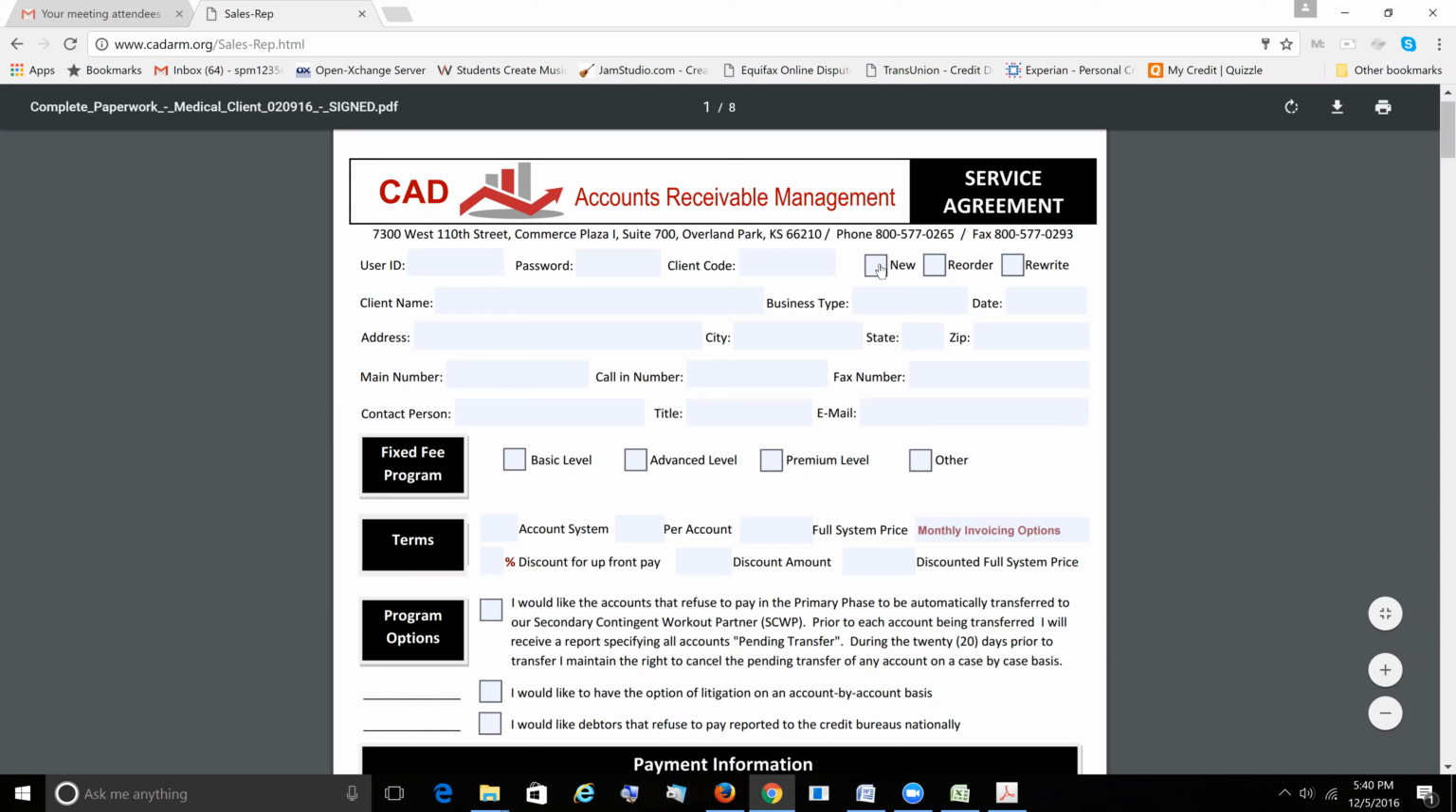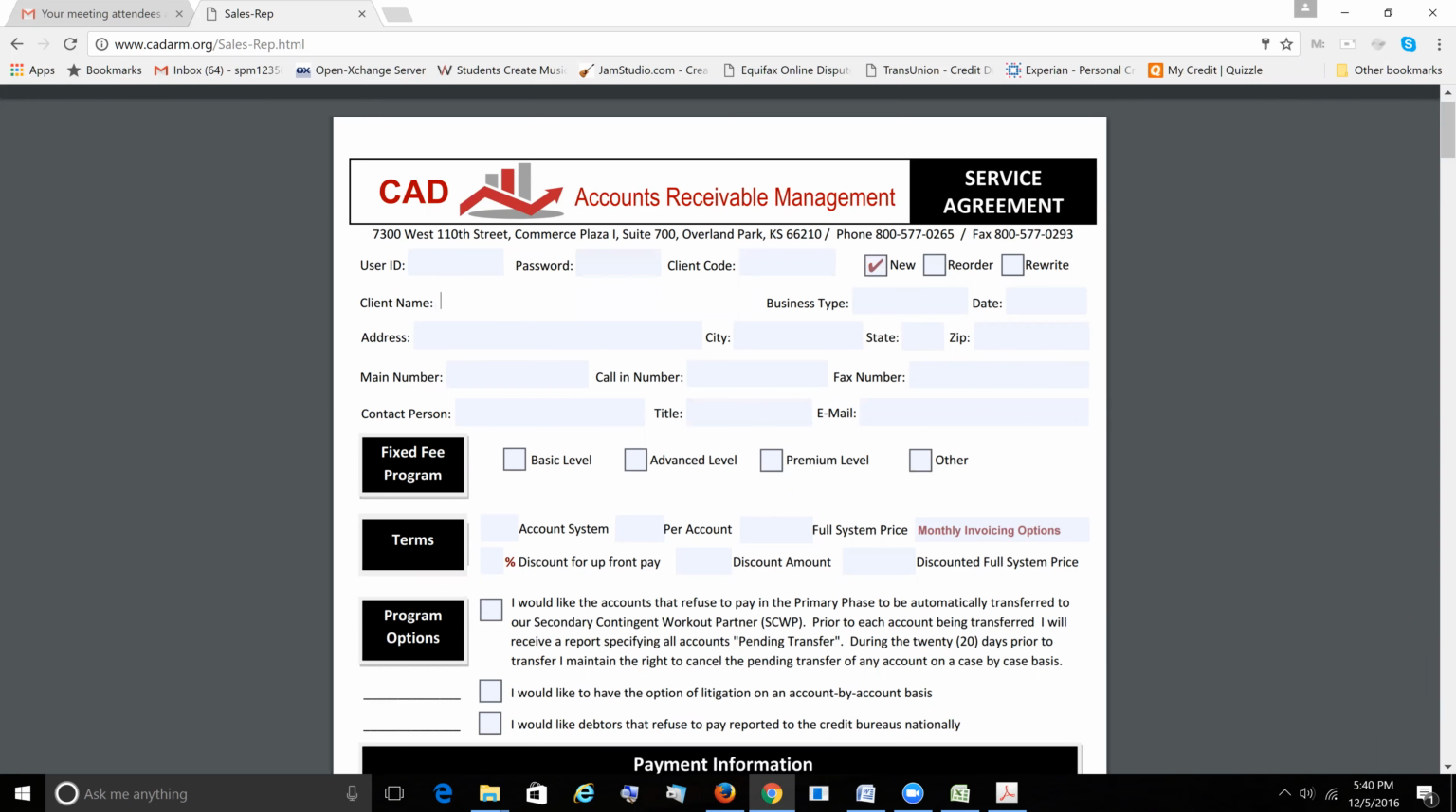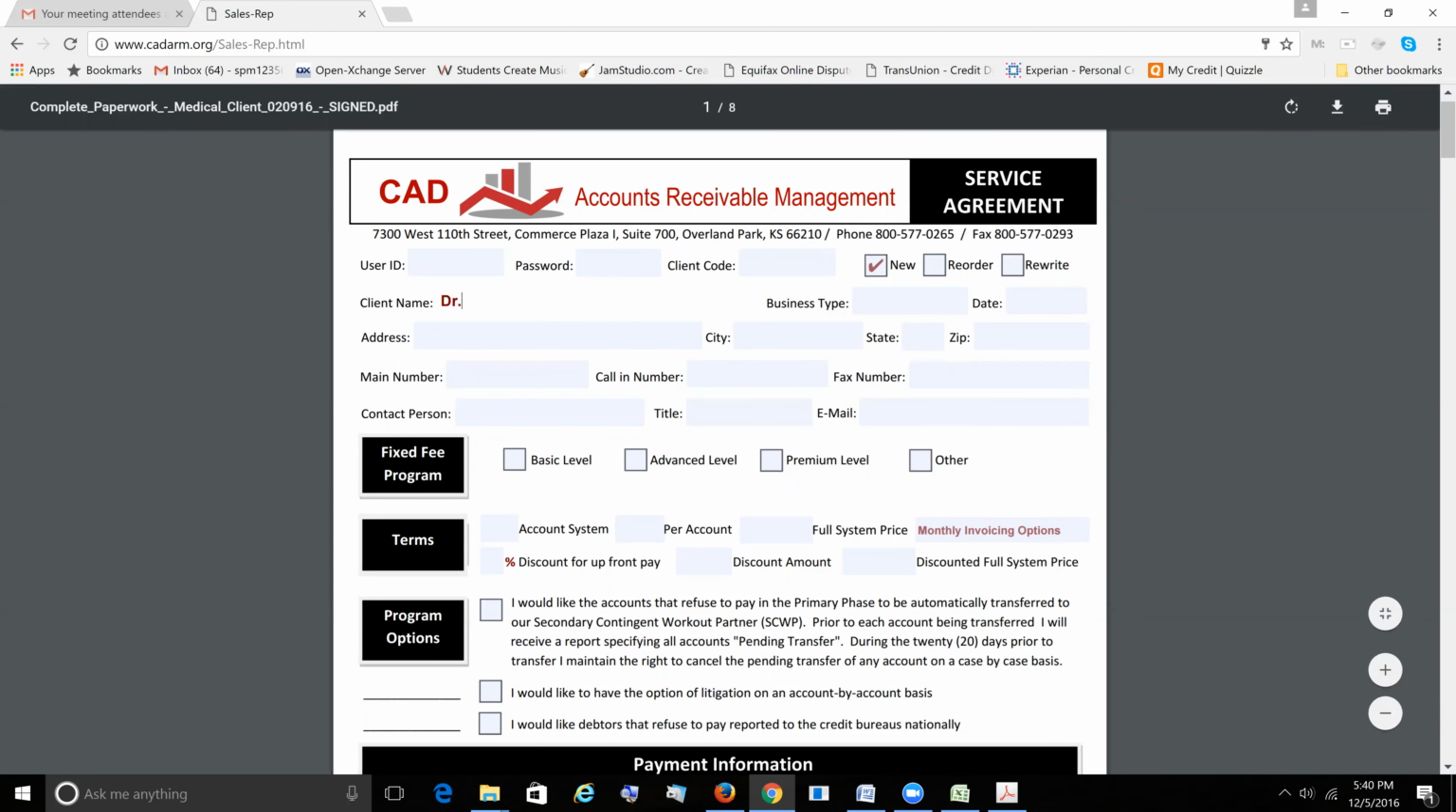Go ahead and check new. I'm just going to go ahead and do this so you guys can see it. Check new, and they go, yeah. Even though you won't see it, they'll be doing it on their end, but this is what it looks like. And then we want you to type in the name of your company in there. So you said it was Dr. Clay Sanders, let's say,